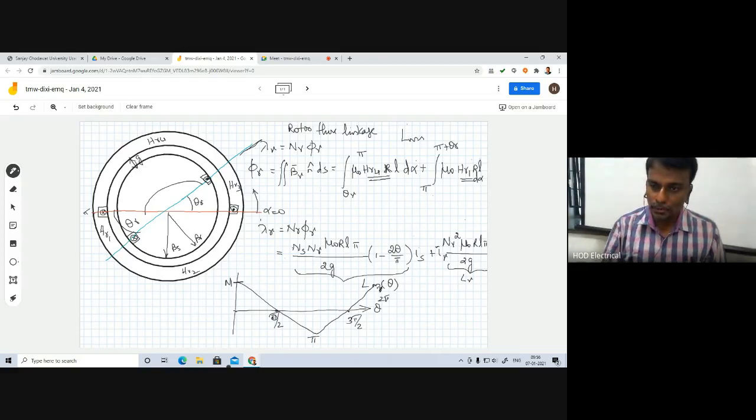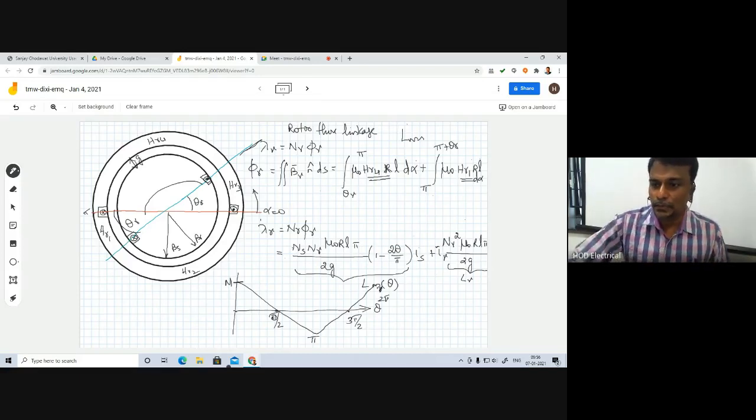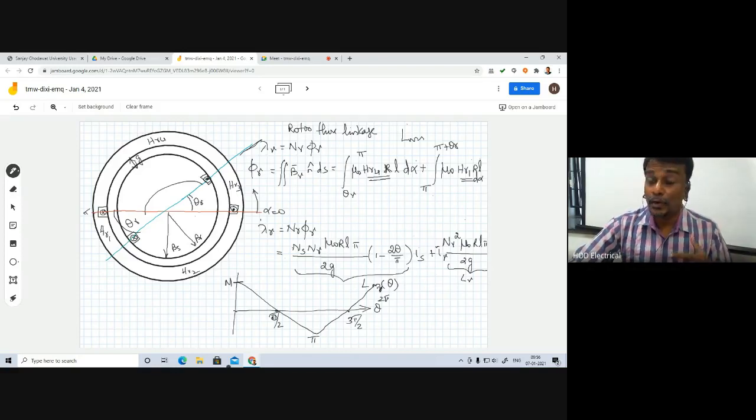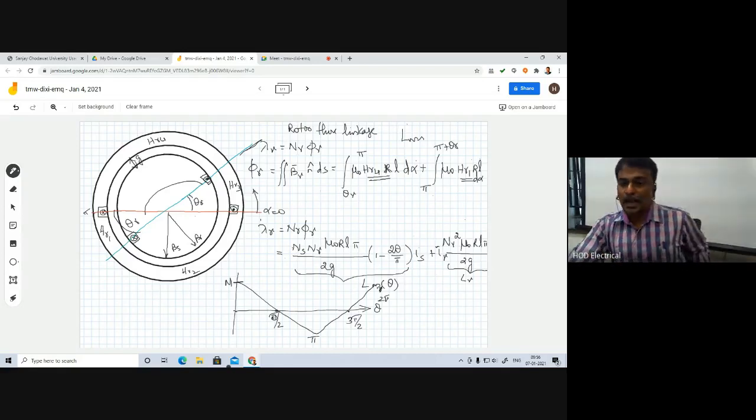So with this, what we want to conclude is, in this electrical machine, if there is a magnetic field and a rotating part, then based on the rotor angle, the mutual inductance will vary with respect to the rotor angle. So whenever the rotor angle theta is 0, for example, it means the reference is attached here. That time we can have the maximum mutual inductance effect. Otherwise, we will not have this maximum mutual inductance effect.